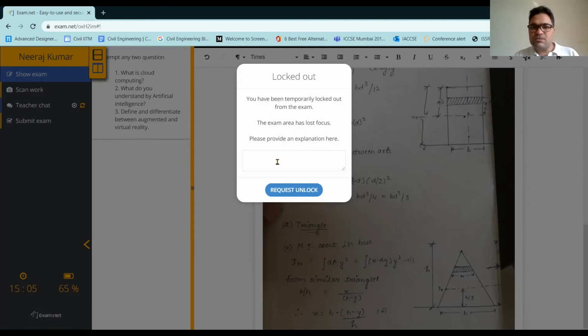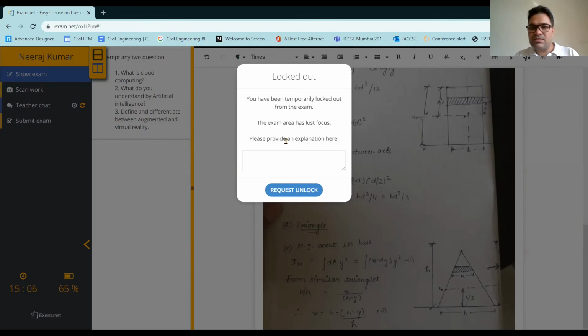So please keep in mind that once you start your exam, you cannot move to another window to search, or for any googling or Google search. At the same time, you cannot use your mobile phone, because the phone will also be scanned, as I have shown you with the QR code.